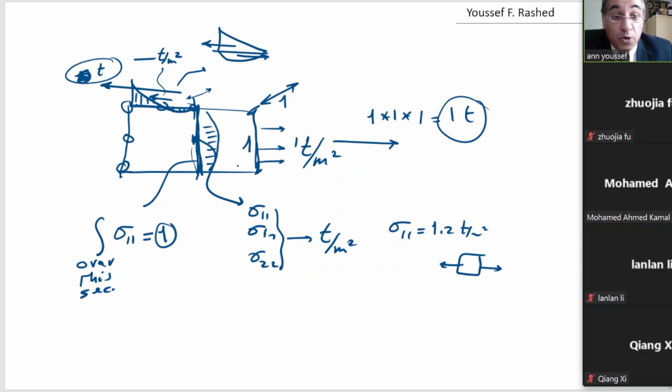Okay, this is very important to understand how to interpret these values in terms of reactions. When we carry out equilibrium, the sum of the forces in the x direction equals 0, or the sum of the forces in the y direction equals 0, we should carry out equilibrium of forces. This is very important to be written, we should